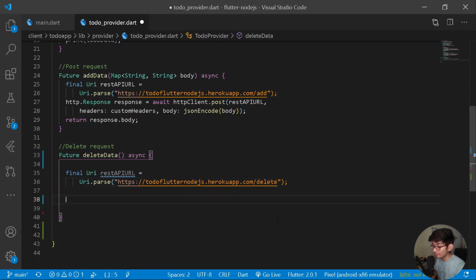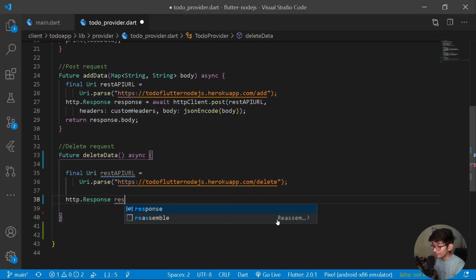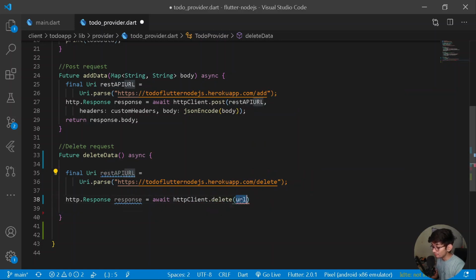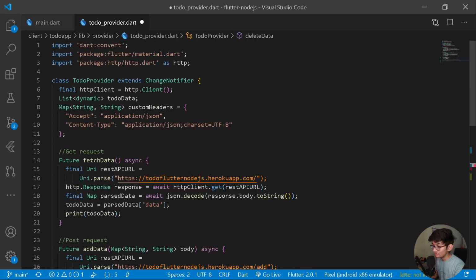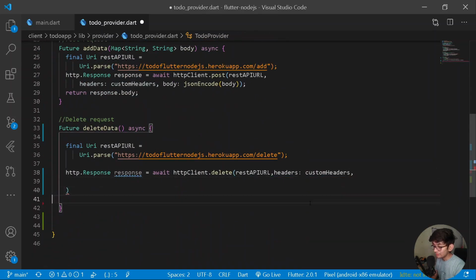And also we gotta have an HTTP response. For that purpose, let's have a new HTTP response and name it response, and this should be equal to await, under the HTTP client that we have declared, httpClient.delete, and under this let's paste our URL just like this. And also we shall be requiring some headers, and you know what, we have declared some custom headers in our previous video, so let's copy them and paste them here. And also we shall be requiring the body with which we have to delete our particular data. So here let's have a new body, and our body shall be requiring a JSON.